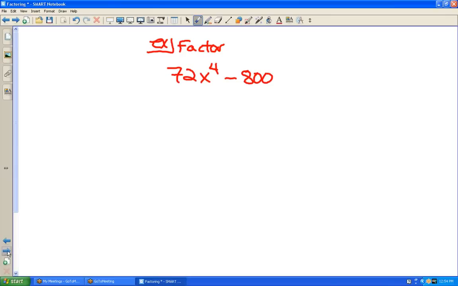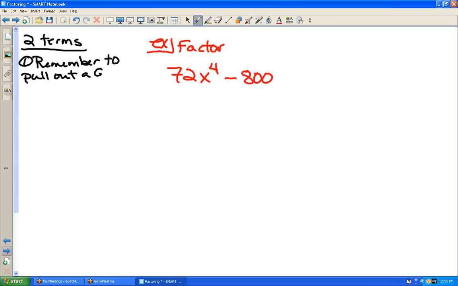Big numbers. Not so fun, but big numbers. Okay, so first of all, this is going to be step 1. Remember the GCF. That, so I have more workspace. Okay, so looking at GCF,